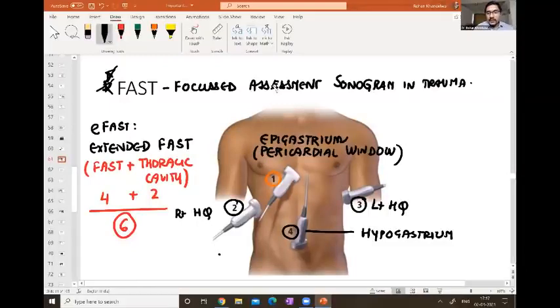So somebody is asking, if veins are collapsed and you have a patient with osteomyelitis, if the veins are collapsed, you will put in a central line and you give fluids through the central line, and you can even give antibiotics through that central line. Shubham, of course, for probe placement in eFAST, first you place the 4 probes here, then you do the thoracic cavity.